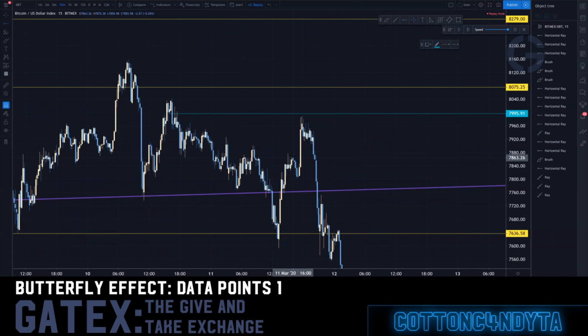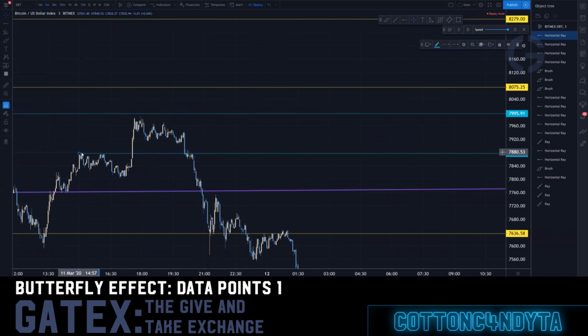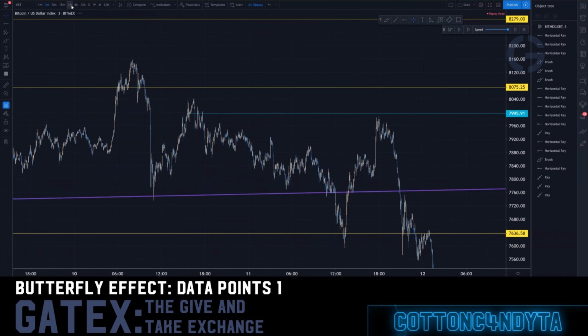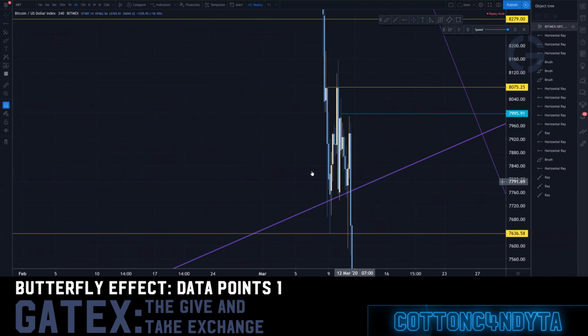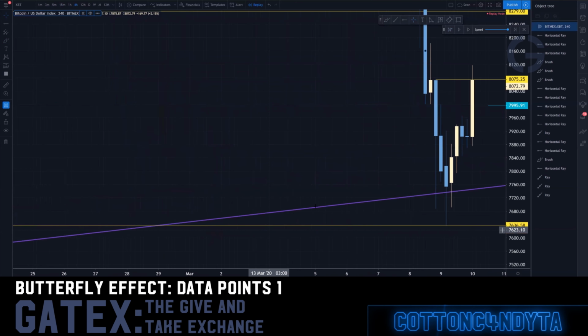If it simply can't hold this part of the move right here, you're dead in the water. And the actual origin point is right there. So if it can't hold this, you're kind of dead in the water. You've got this front side leg, but you've already broken all of your points of data from before, right? You've created the cycle of accumulation. You attempted to hold this move, and it did attempt to go into accumulation in this moment. It did attempt to create an accumulation cycle, and it failed.